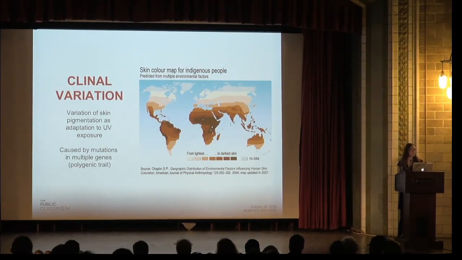A lot of researchers, such as Nina Jablonski and others, have talked about skin color pigmentation as being an adaptation to UV radiation. So thus, people living around the equator and also at high altitudes have higher exposure to UV. Thus, they have had an adaptation to have more melanin and melanocytes in their skin to protect against that UV. So when you go closer to the poles, the amount of UV radiation that you actually get exposed to is much less. Thus, the amount of melanin in your skin is not required, or is required to a lesser degree. So this is caused by mutations in multiple genes. This is also called a polygenic trait.